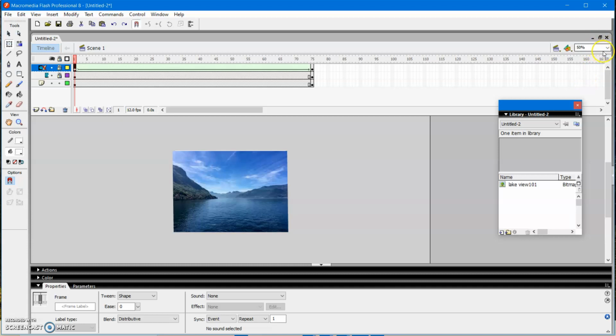Then again go to the insert layer icon and insert a layer. The first layer should be big image, the second layer should be small image. You copy the big image and paste it on the second layer. See to it that the second layer is a little bit smaller than the big one. Then the third layer is where you're going to do all the activities.